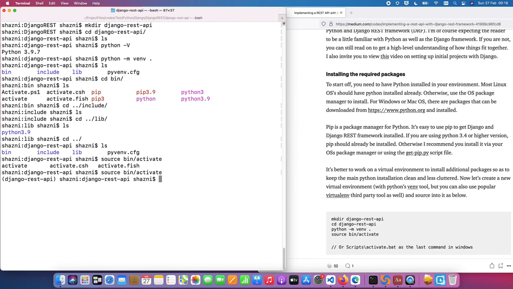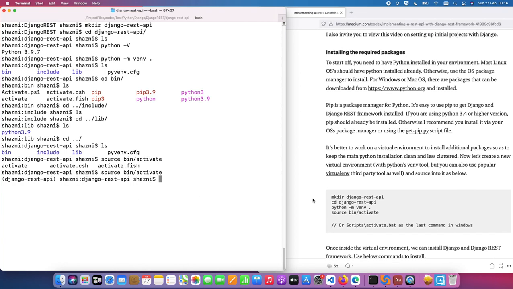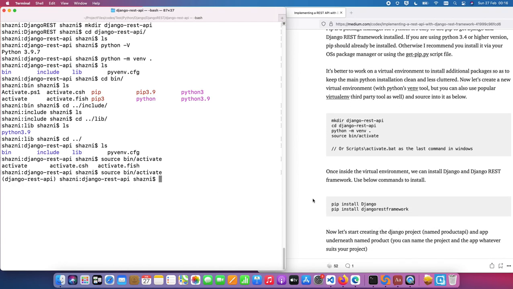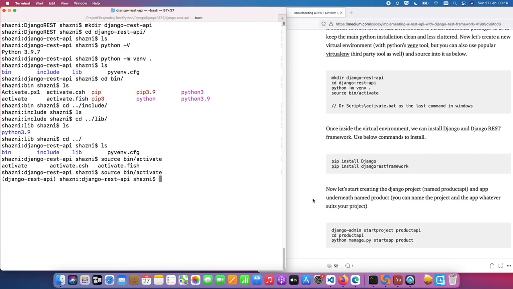So I'm going to use that. When you do that, you can see the prompt changes, which is an indication that your virtual environment got activated correctly. Okay, so once that is done, our next step should be to install the relevant packages